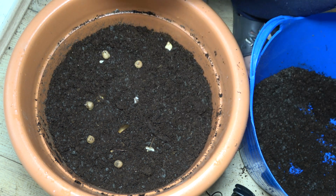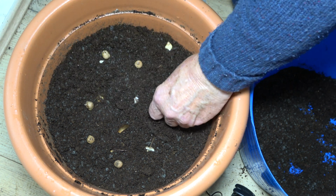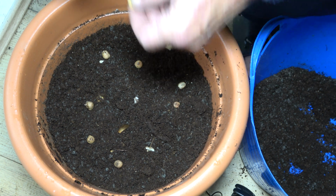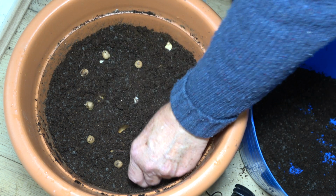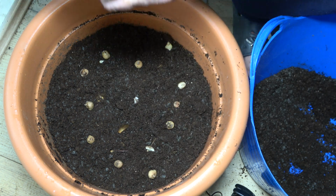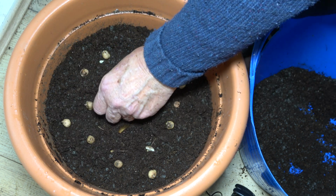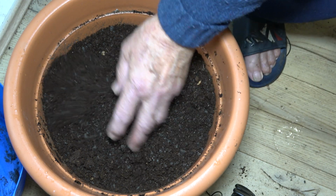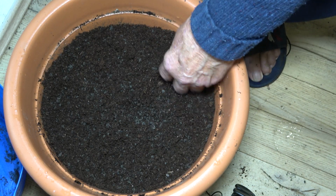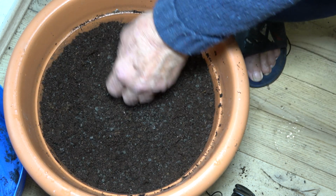And then it's time for the scilla to go in now. So these are just the small scilla that are going to come out first on top. And they're pretty much at random. They're white. Okay, that's it. Just a final covering of compost. And we'll give them a bit of a drizzle of water before putting them in the garage for the winter. As soon as they start to show, bring them out into the...